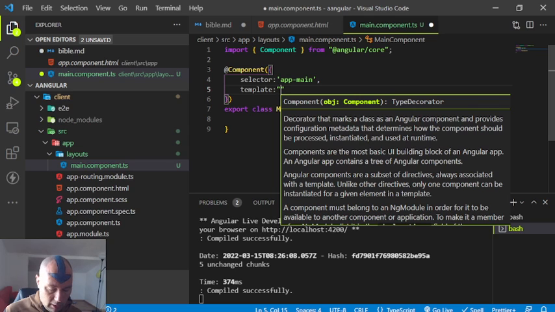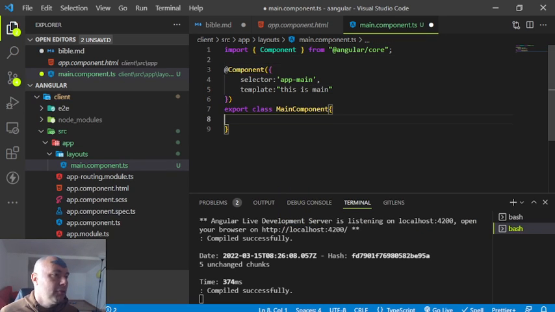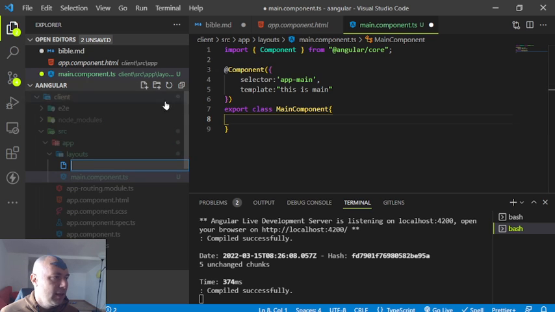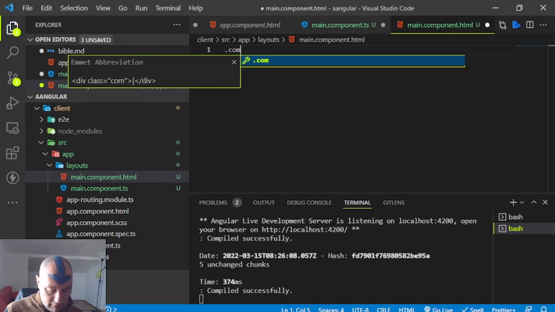You can say this is main. So this is all we need for now. Well, actually, let's make a templateUrl, main.component.html, and I could do dot container